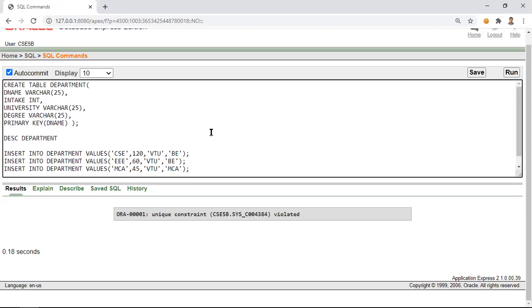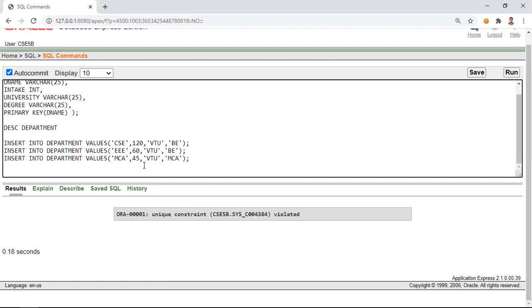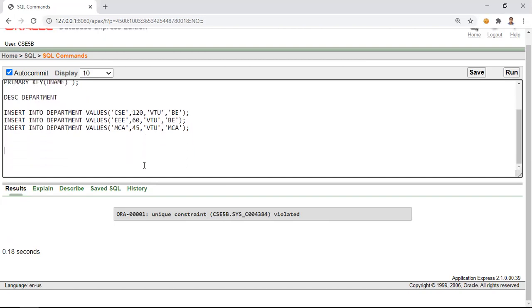So now let us create the next table, that is admission. The admission table had the attributes USN, which we will declare as character of 10.